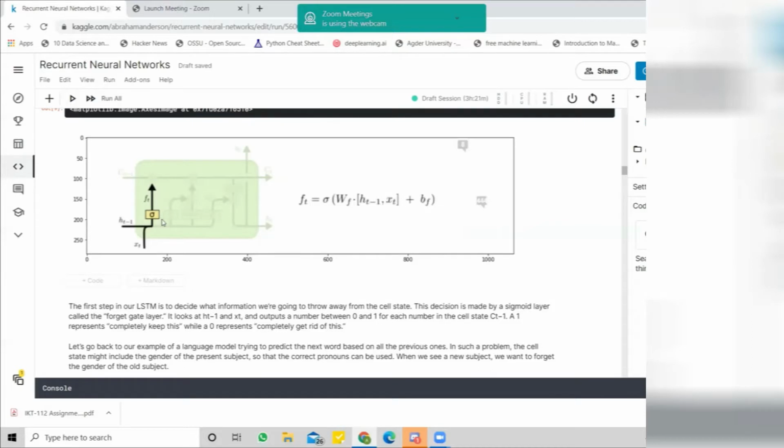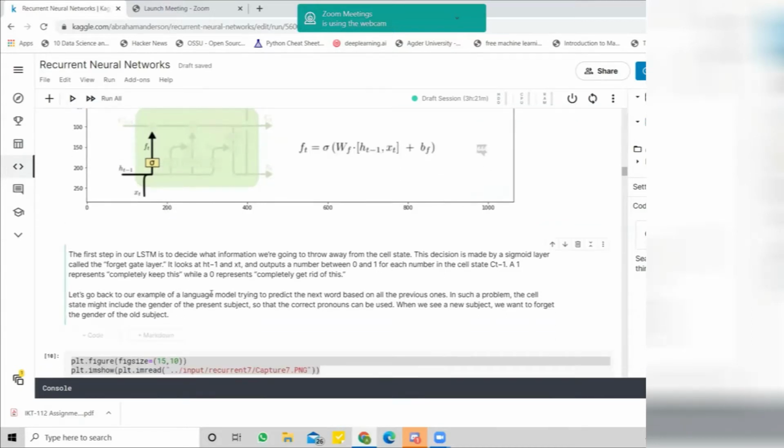For example, if the neural network accepts this word, it will just go to the next layer, but if it does not accept it according to the operation inside itself, it will forget this word.